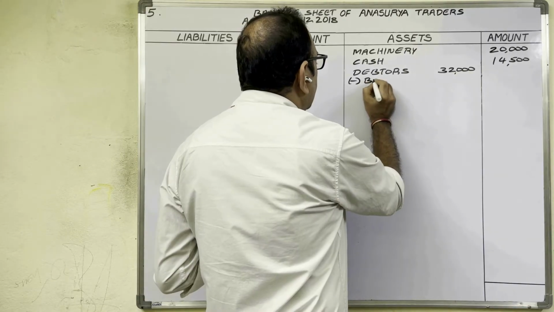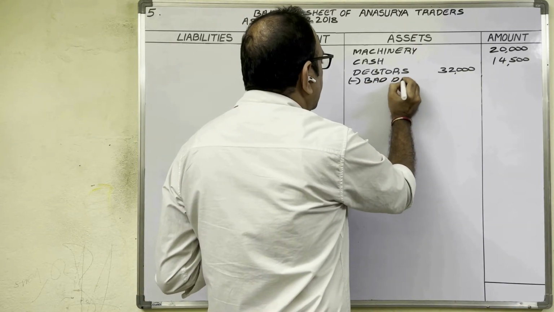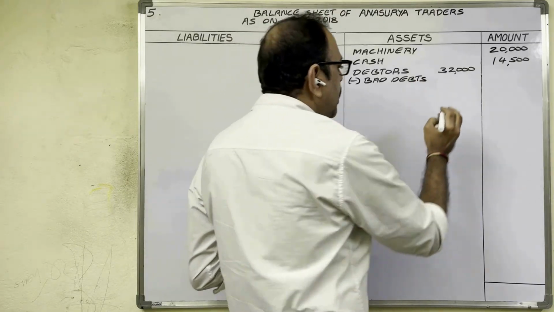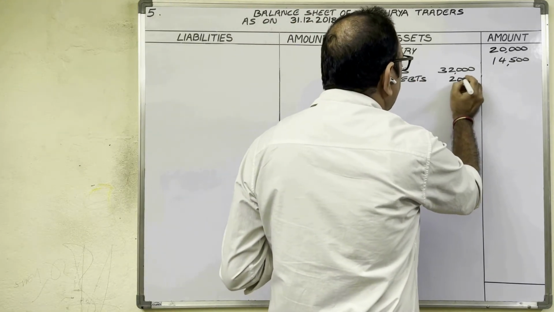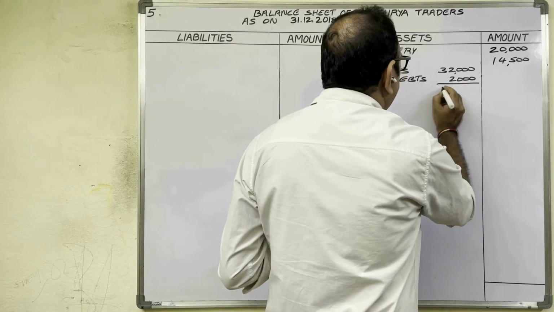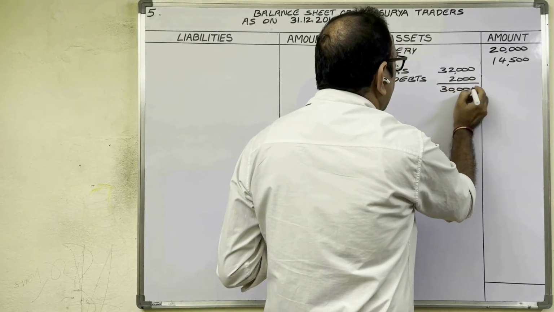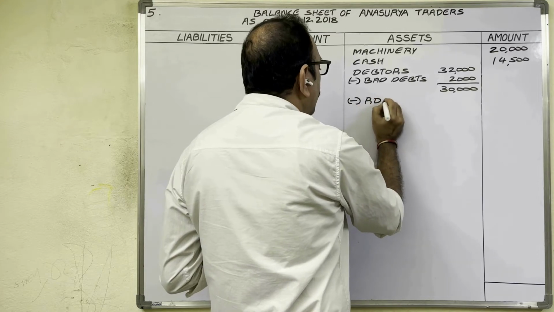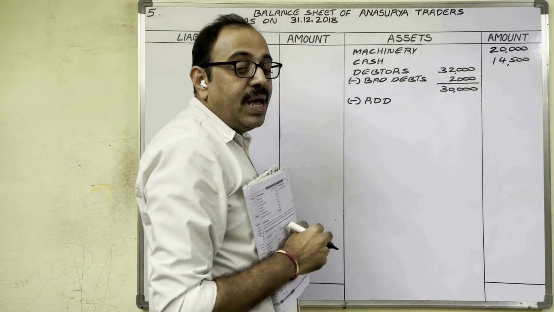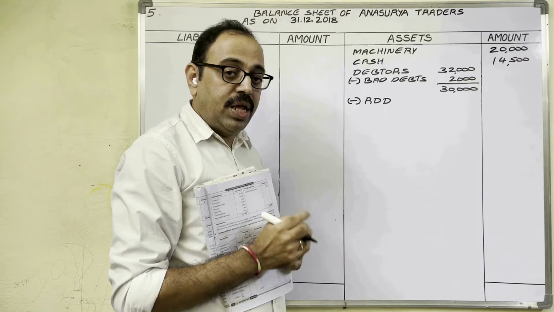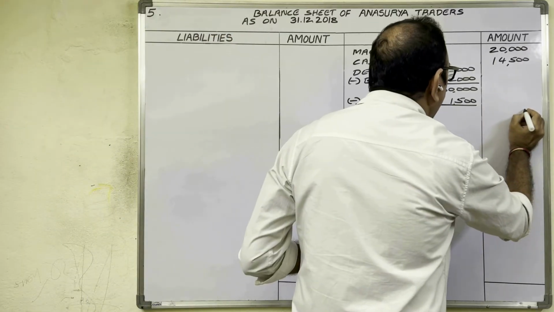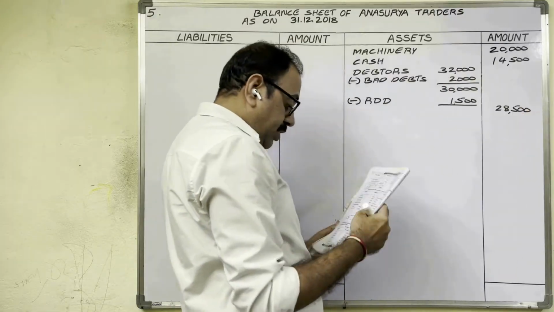Minus bad debts. Amount is available in the question. In adjustments he has given now 2,000 rupees, 30,000. Then subtract reserve for doubtful debts. We calculated in P&L account debit side 1,500 rupees. Then the remaining amount in outer column. Next,